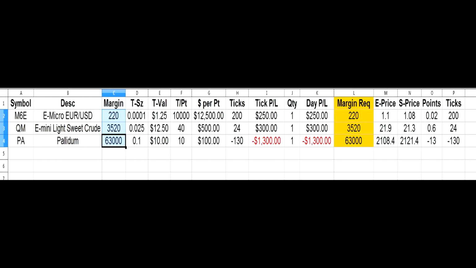So in front of you I have 3 different future products. In the far left-hand column, in column A, you see a symbol. There's M6E, there's QM, and there's PA. There's just 3 different futures products that I chose to put up here just so we can talk about these real quick, okay? Now you'll notice the second one down is QM. That's the E-mini light sweet crude. Yesterday we talked about the currently